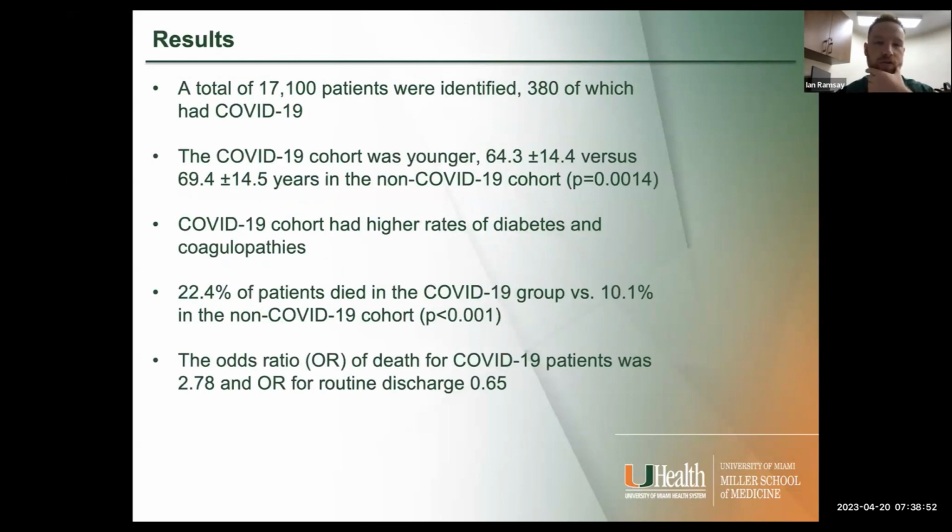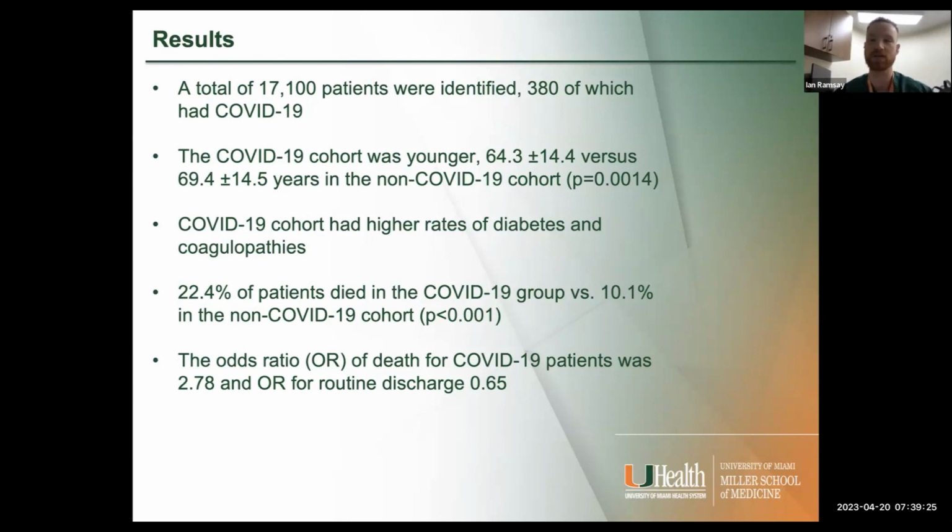And so what we found, there's about 17,000 total patients during 2020. Only 380 had a co-diagnosis of COVID-19. The cohort with COVID-19 was a little bit younger, about 5 years younger, around 64 years. And they had higher rates of diabetes and coagulopathies, but lower rates of some of the more traditional risk factors for stroke, like hypertension, coronary artery disease, and the like. And strikingly, what we found is that